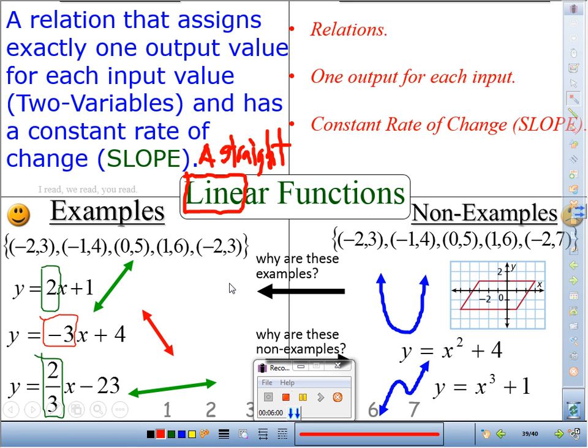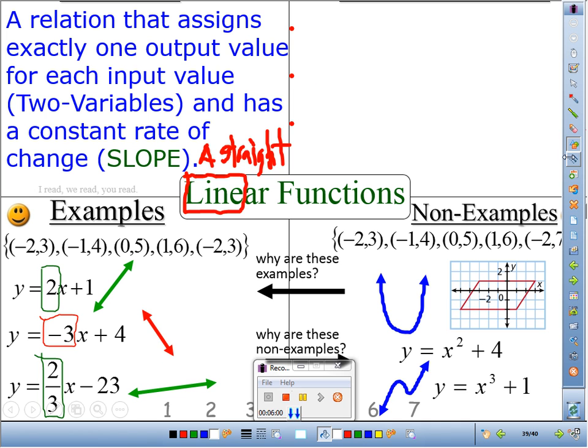Copy that, please, so you remember that linear functions are what? Straight lines. Okay? So, now let me elaborate a little bit more. Now check this out. So now that we understand that linear functions are straight lines,